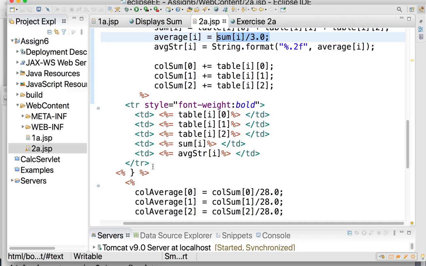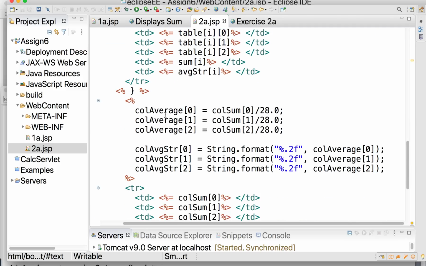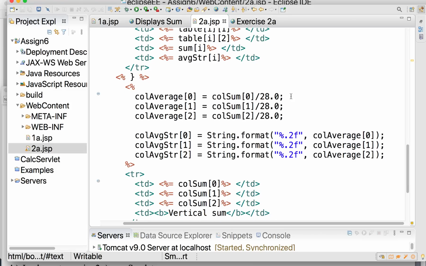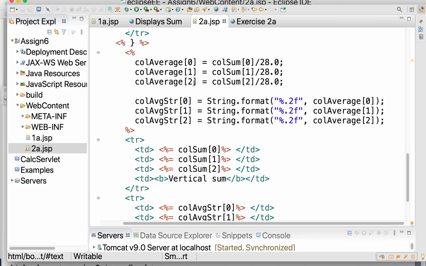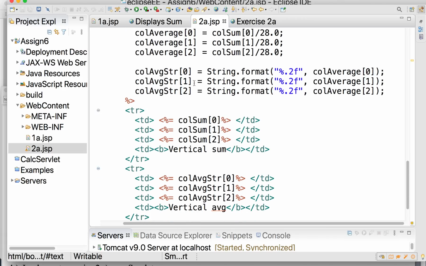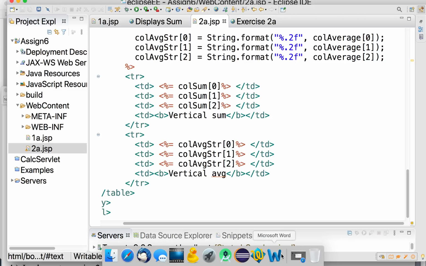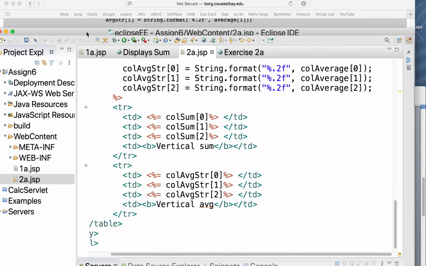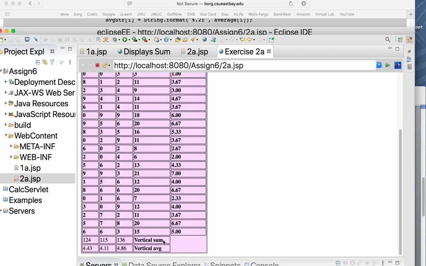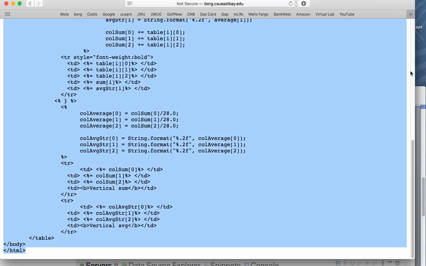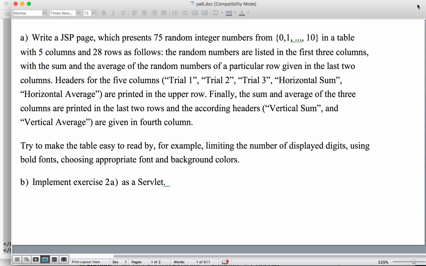Then we're going to close the table. And then we're going to add the column average and that column information underneath it. So we're adding more information, and then we're going to close. So we have another table underneath it that's right bumped up against it. So we have a couple of tables going on here. Hold on a second. This is where I wanted to go. So again, another creation with table rows with no table headers, but we just have the data coming up in here. So this code here is going through the